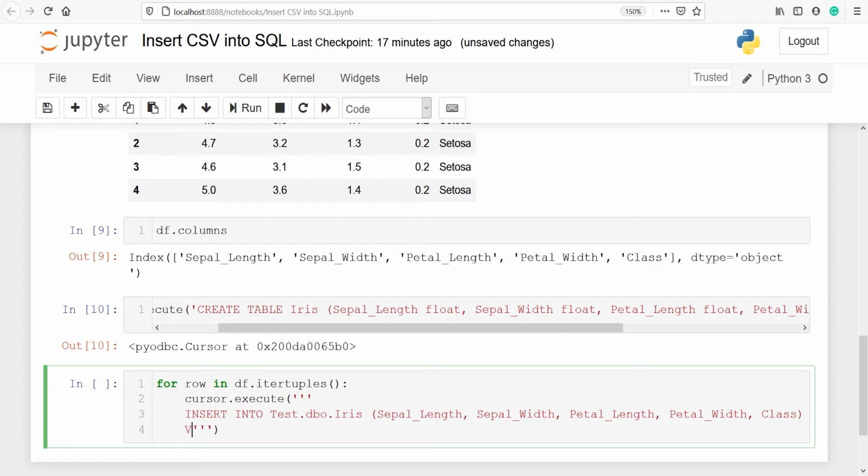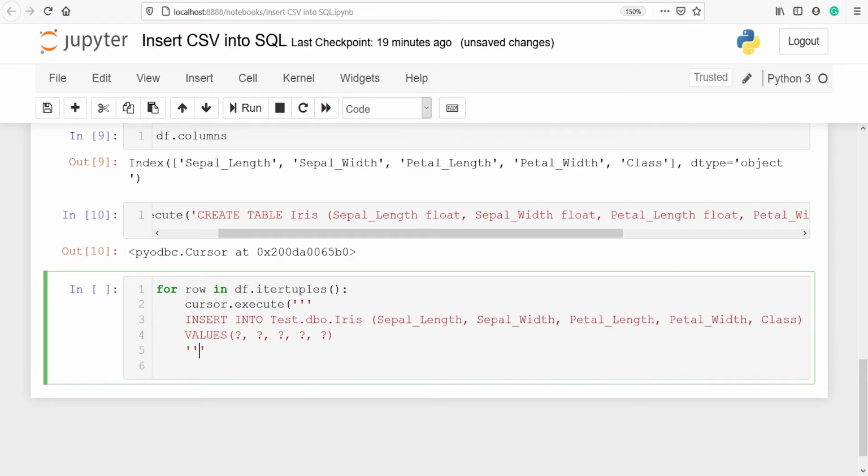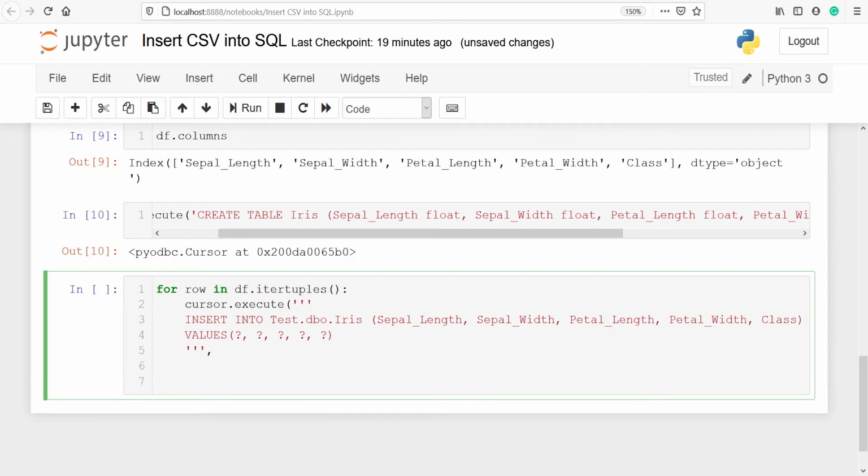Now we have to write values, and this has to be question mark. There are total 5 columns, 1 2 3 4 and 5, so we will put 5 question marks here. Enter, put a comma here, and we have to type the row names.